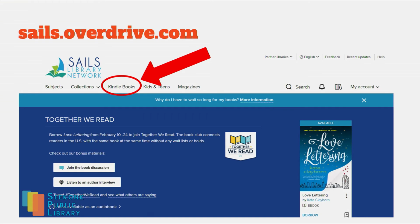sails.overdrive.com. You'll click on Kindle Books to make sure that you're looking at all of the compatible titles. Then select your title, set your borrowing time, and on the next screen here, you'll see that you can just simply click to read now in browser. That way, with no further clicks, the title is immediately available to enjoy in a brand new tab in your browser. This tab will actually stay open to your last page that you were reading, and it just doesn't get any simpler than that. So I truly recommend that even if you have the Kindle Fire, you don't install that